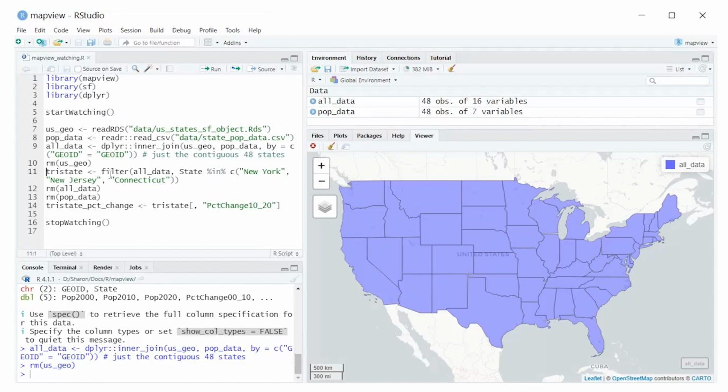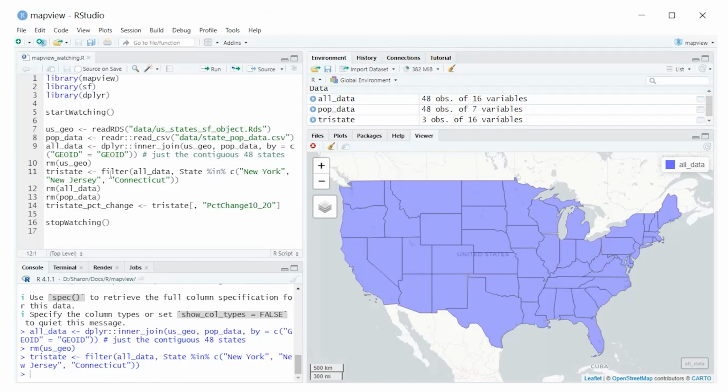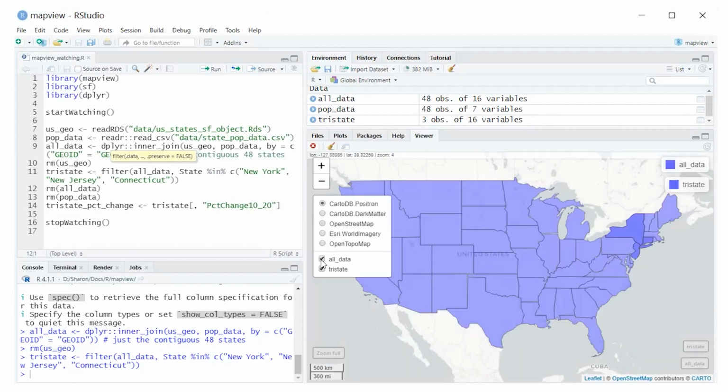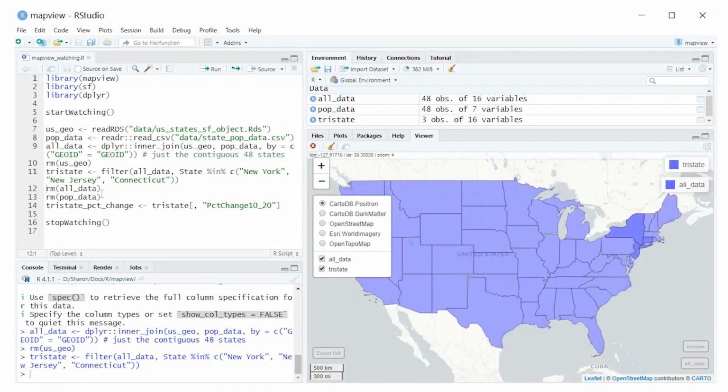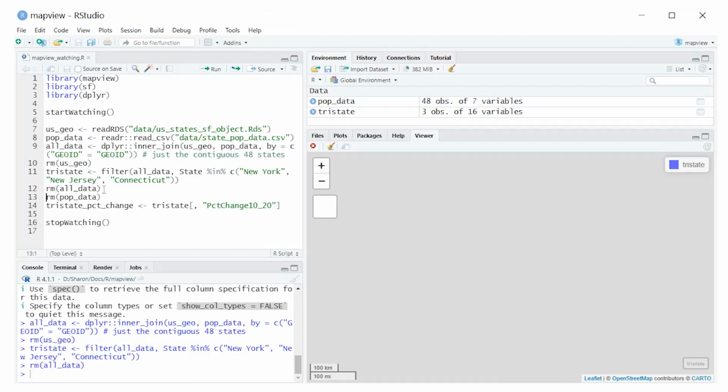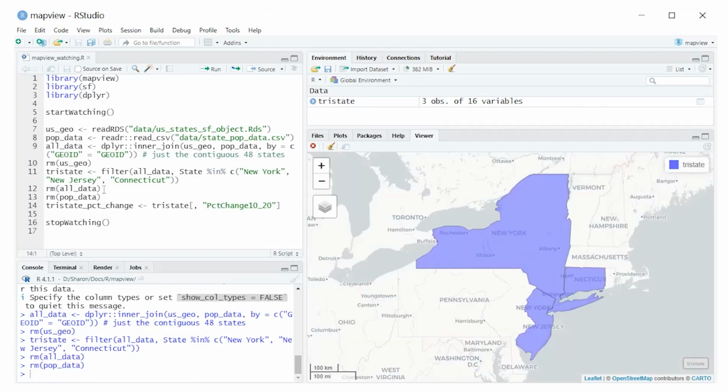Now I can create another geospatial object. Let's say I just want 3 states. They're both here. I can go to my layers option, turn off the all data to just see that. Or if I remove the first data set, there it is. I can even create another variable with just one column of data and startWatching will know that I want to color by that data.